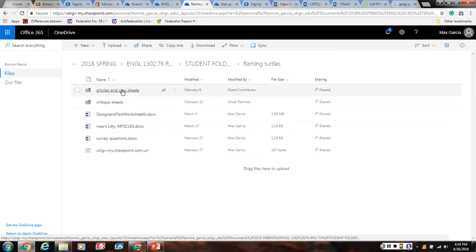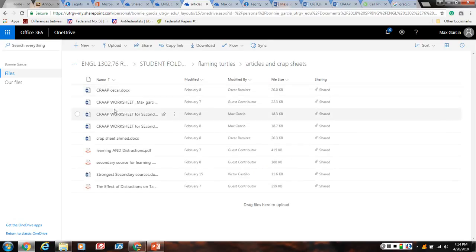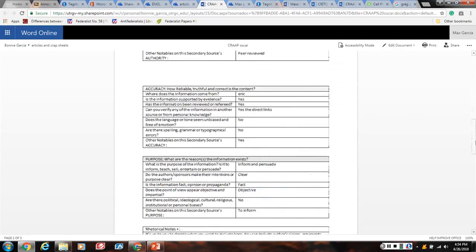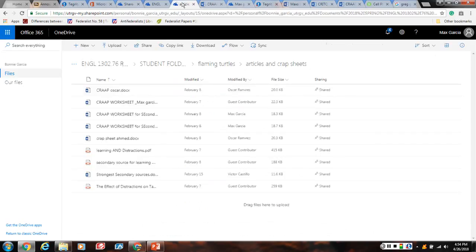The folder contains all of our work together, and so like an example, the articles that we have, this is Oscar's article. This is one of the ones that he did. And then as well as mine, I have some of mine, some of Victor's. And it really did help us, like I said earlier, it just benefits us.